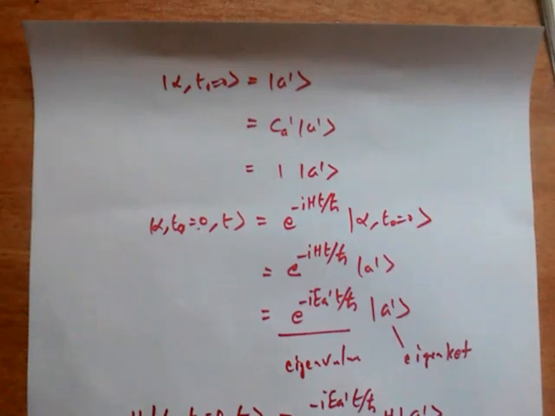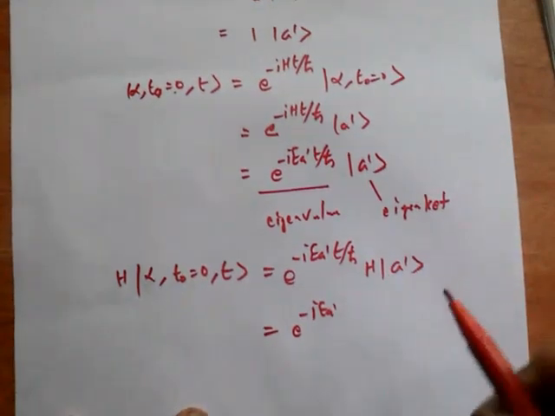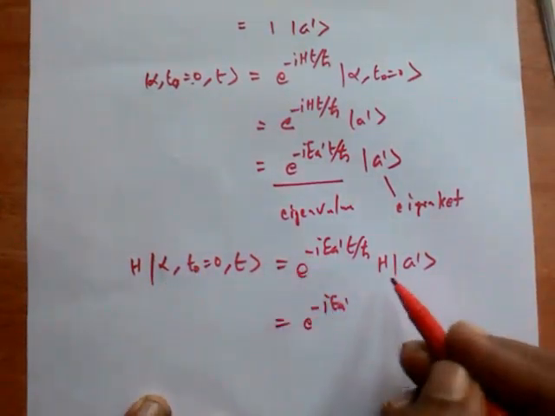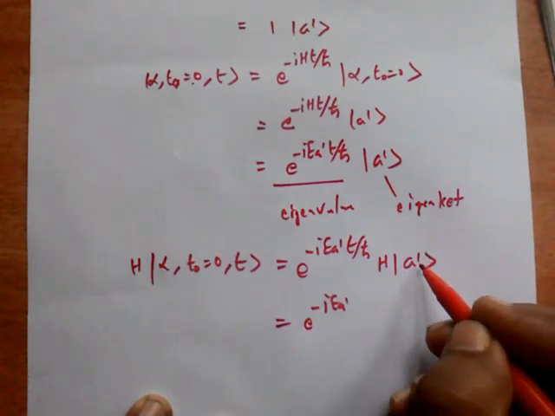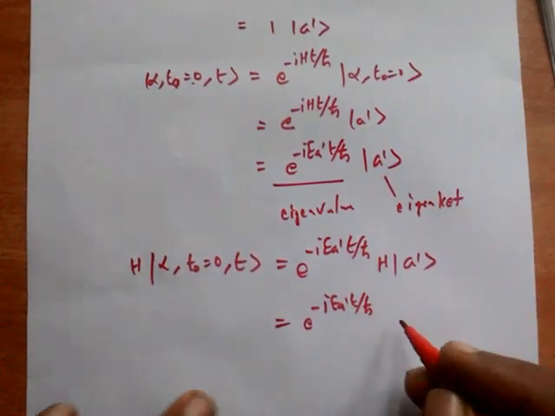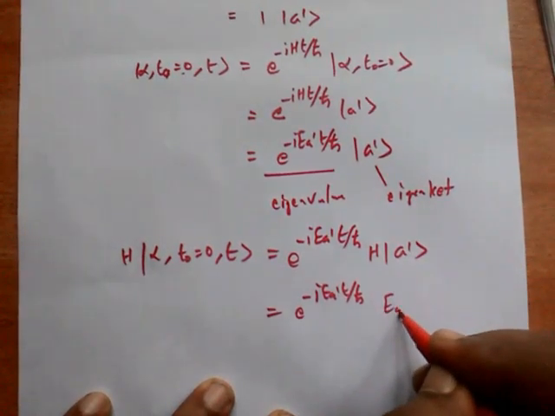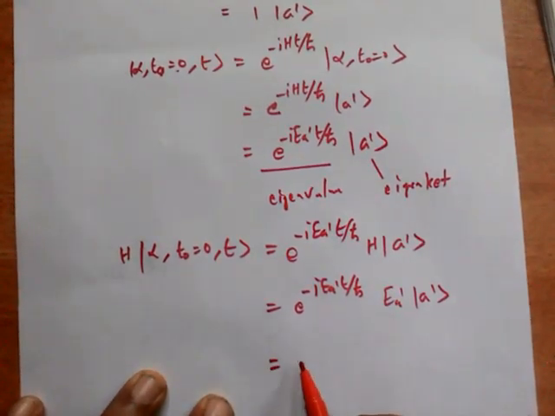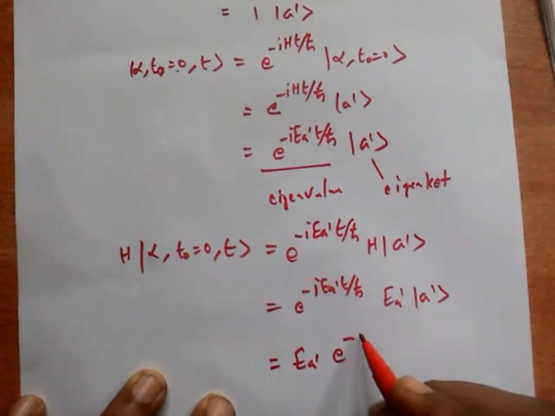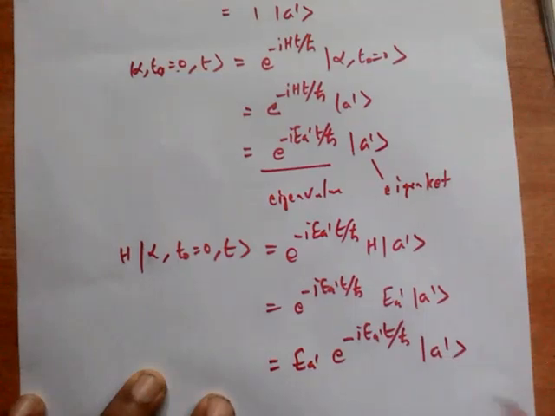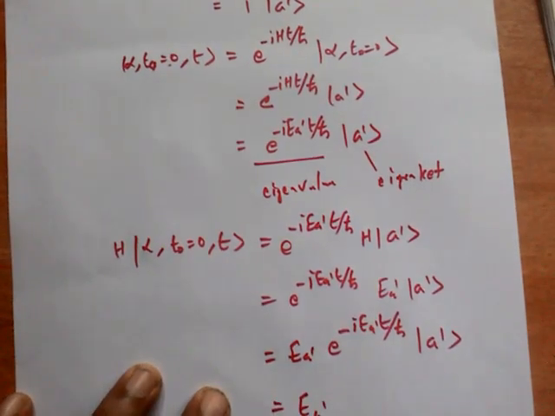If H operates on |a'>, we will get e raised to minus i E_a' t over h cross, and E_a', the eigenvalue, into base ket |a'>. This we can write as E_a' times e raised to minus i E_a' t over h cross |a'>. Okay, this is equal to E_a' into,